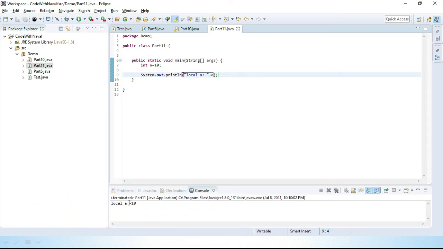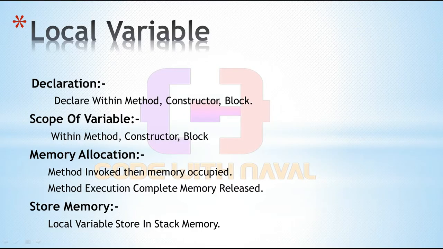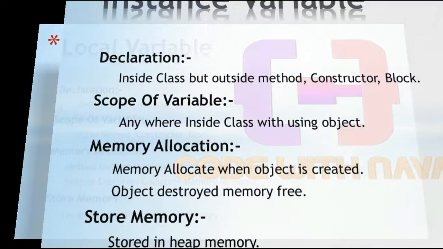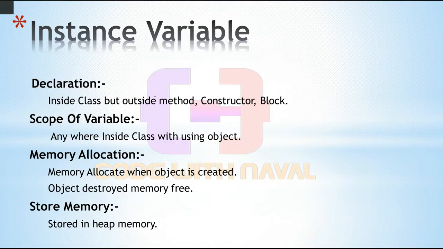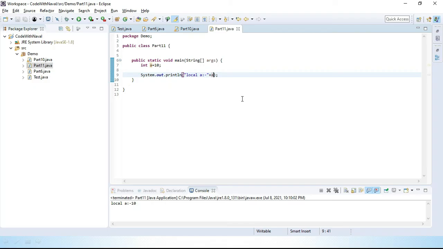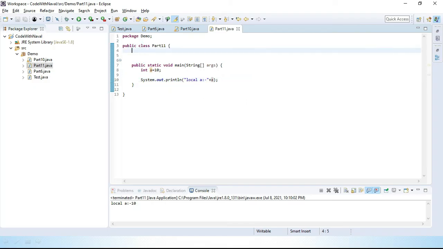You can see we got a value. Now let's create the second one, the instance variable. What is the instance variable declaration? Inside a class but outside a method, constructor or block. Here we create one instance variable, int instanceInt, and define a value of 20.